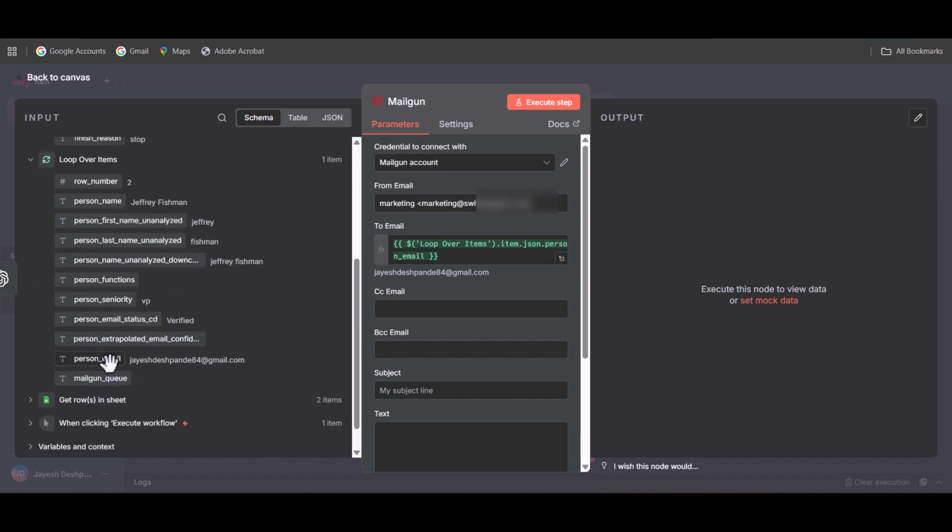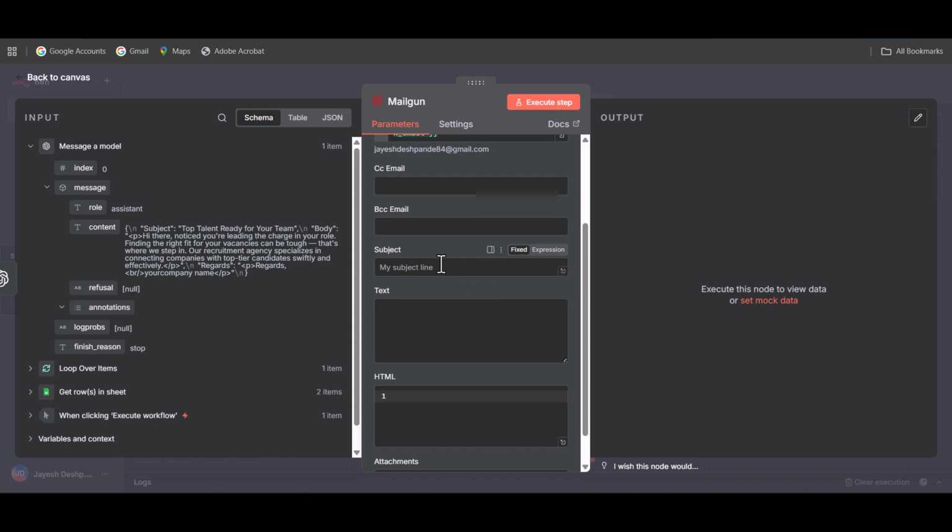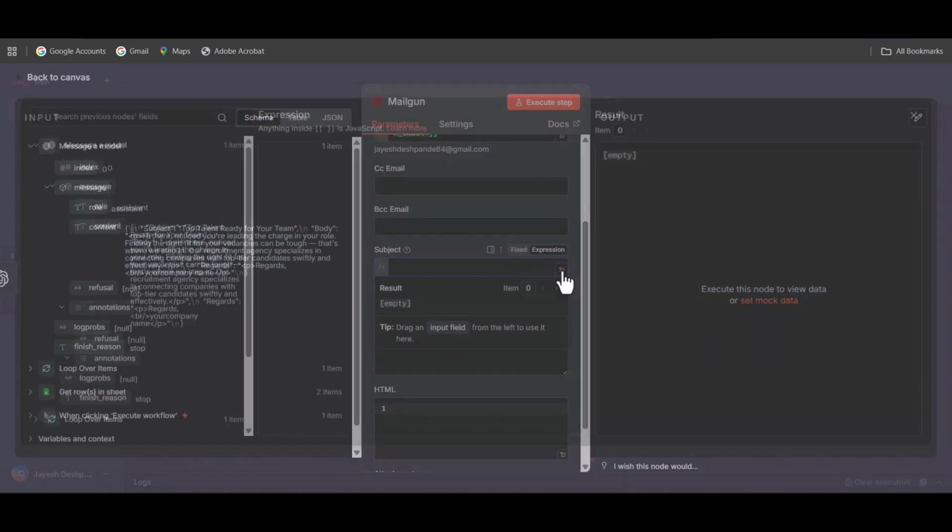Here you can see the email address that we need to send the email to. So I have just dragged and dropped from here. Okay, another thing that we need to pass here is the subject. So for that, what we can do is get that from the message itself. So for that, just click on this expression